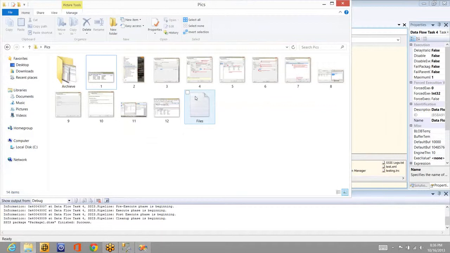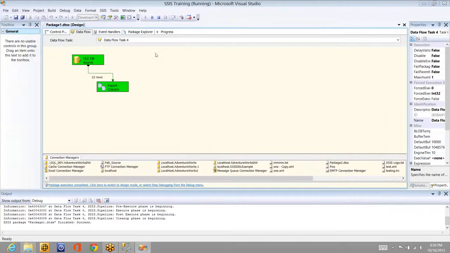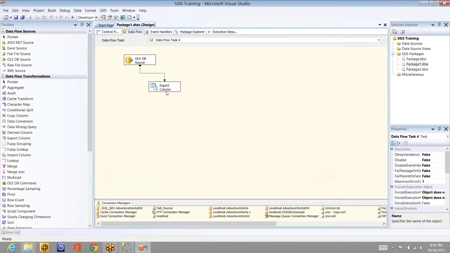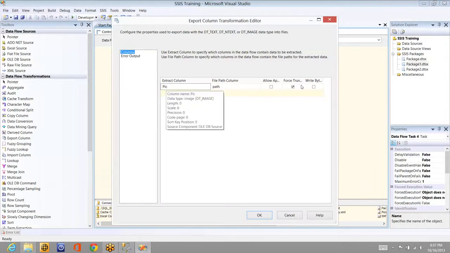I'll explain. So this is how you can make use of the export column transformation to export image files or text files from the database to a folder or any drive. Now, if you select this option, let's say the third one, it means the file exists or not. If you check it, that means the file exists.